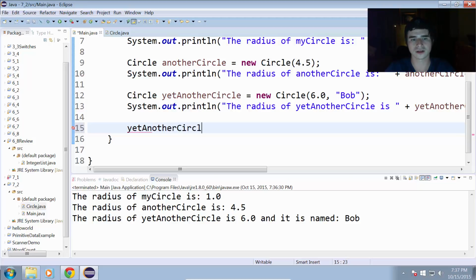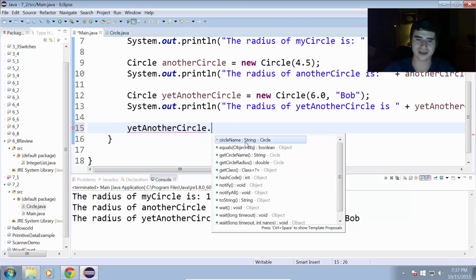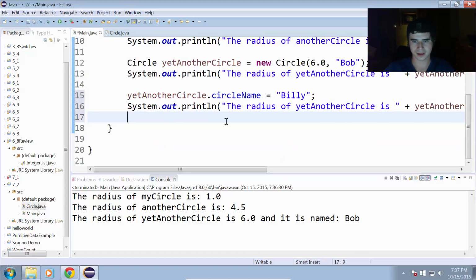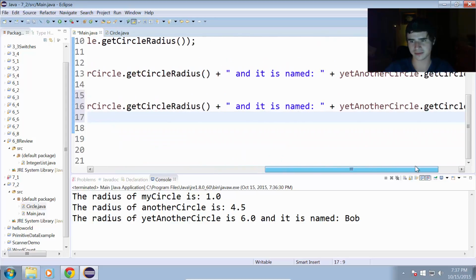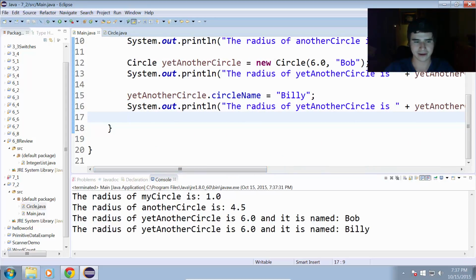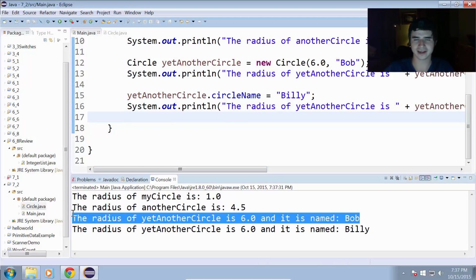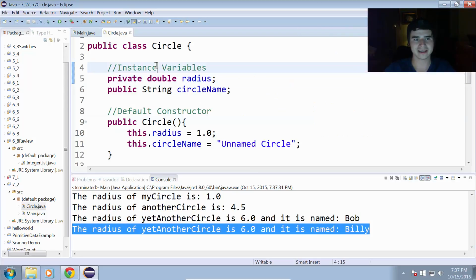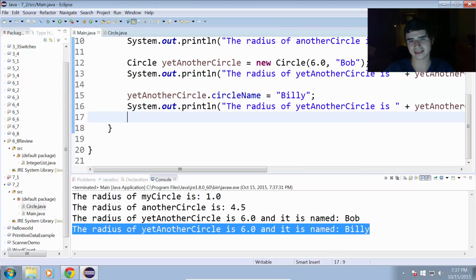Yet another circle, dot, and we see here how circle name comes up, but the radius does not. That's because the radius is private and circle name is now public. So yetAnotherCircle.circleName equals Billy. And we can copy and paste this now. And the radius of yet another circle is, and it's named is, okay. So we run that, and we can see how we changed the name of yet another circle from Bob to Billy within the main method by making this instance variable public and accessing that instance variable directly within our main